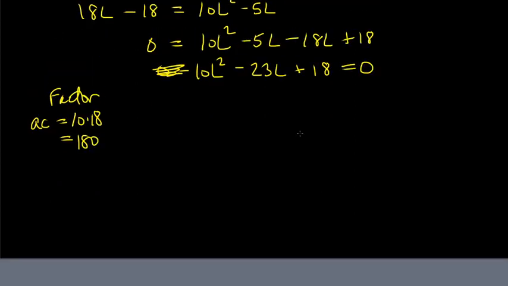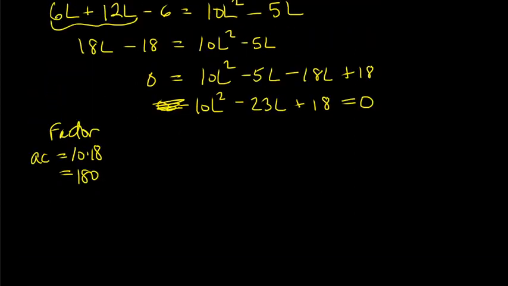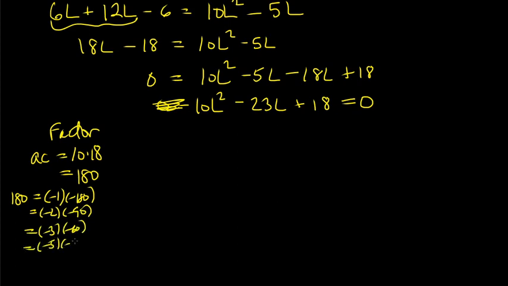Ooh, I'm running out of space here too. So that means they're both negative. So it's not negative 1, negative 180. It's not negative 2, negative 90. It's not negative 3, negative 60. Or negative 5, negative